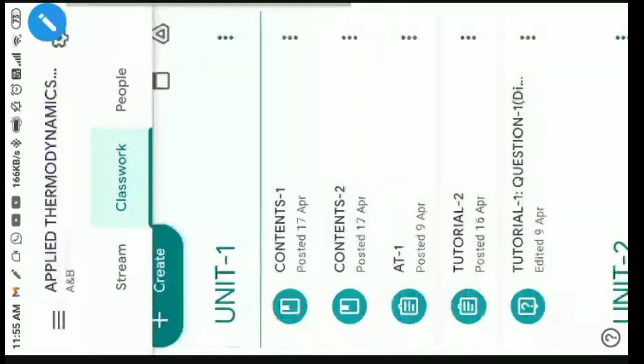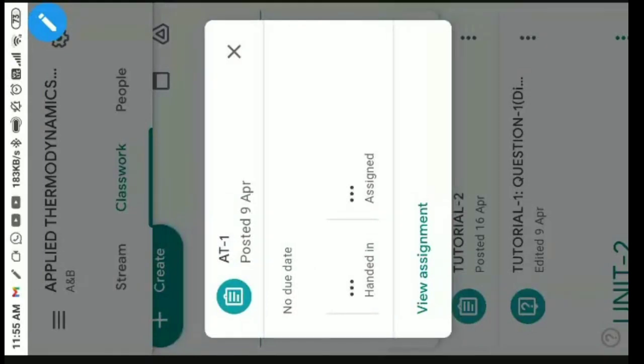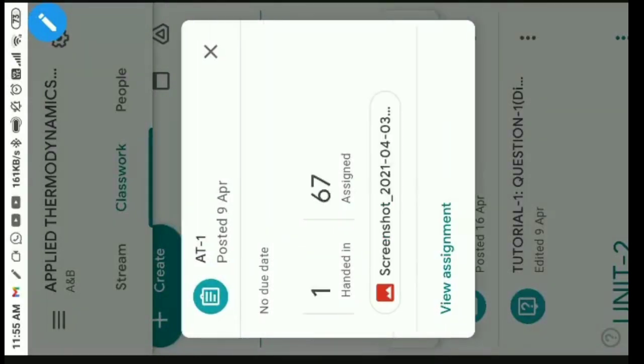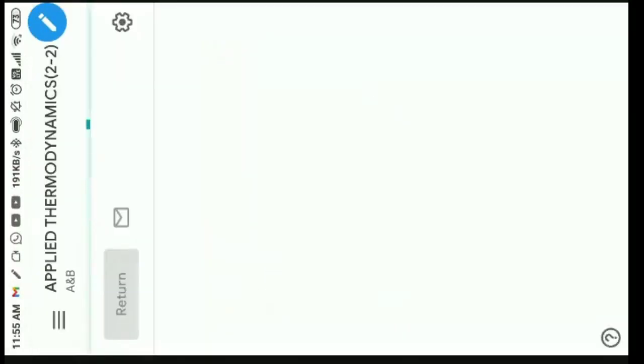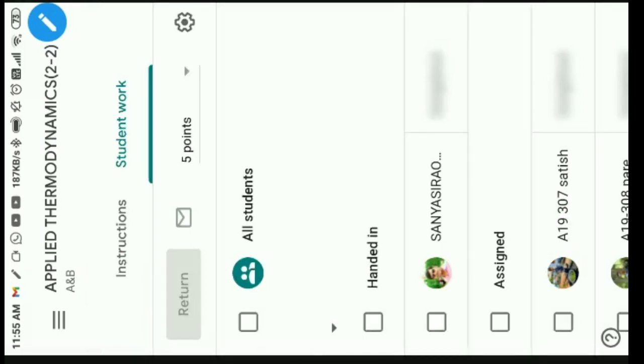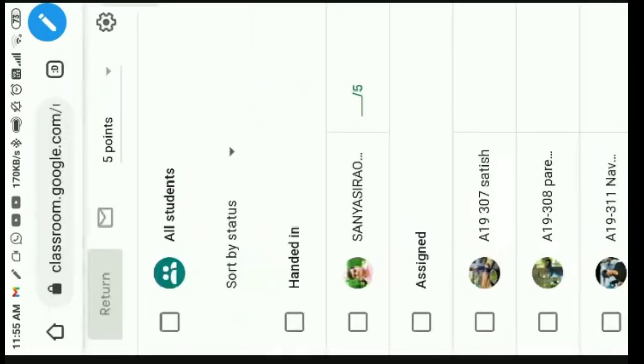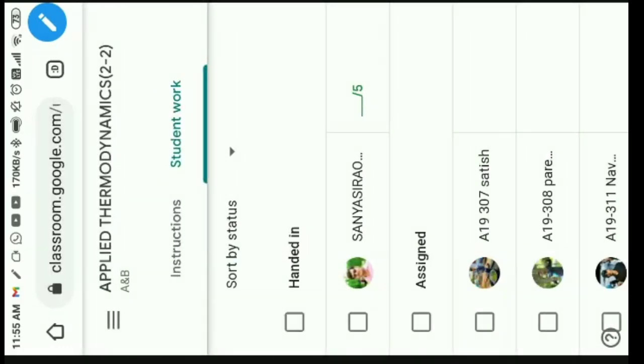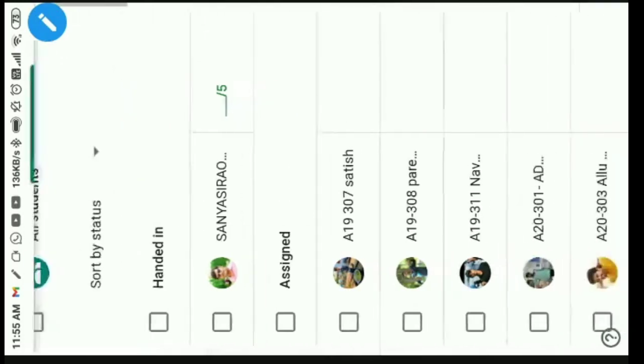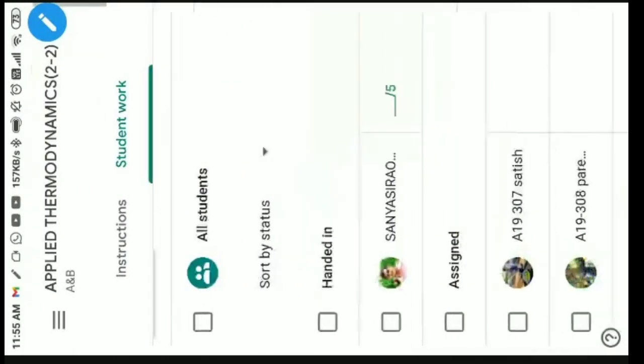For example, let us go to assignment one. The faculty will check the view assignment option and click on view assignment. From that, one of the students, for example Sanyasa Surada, has submitted the assignment, and it will go for validation.